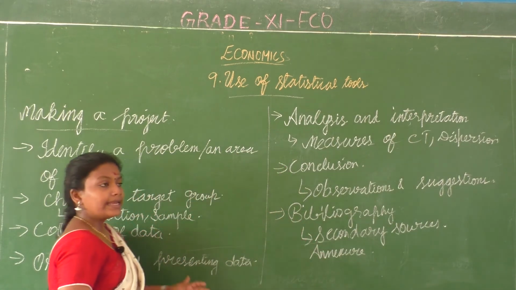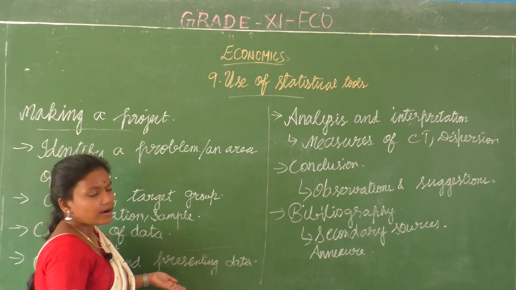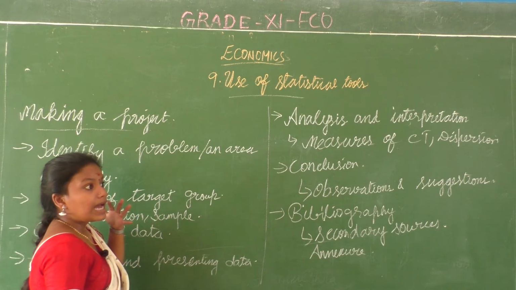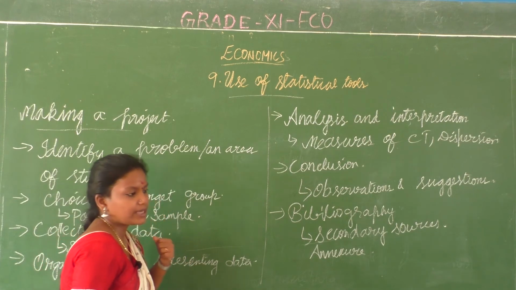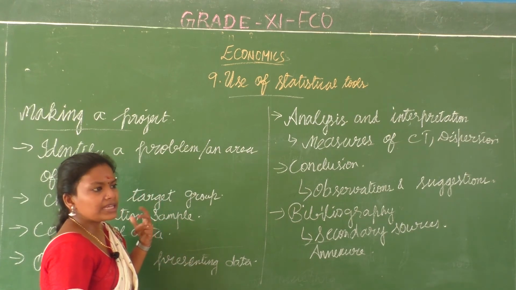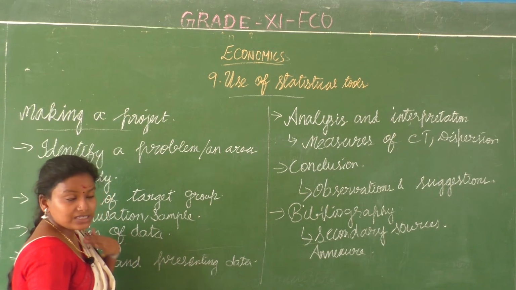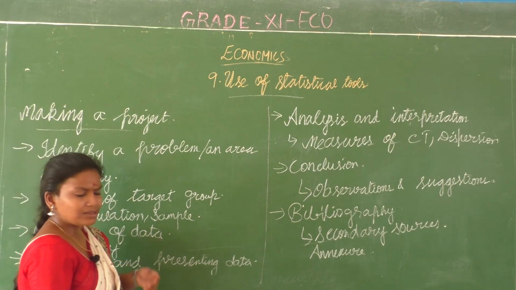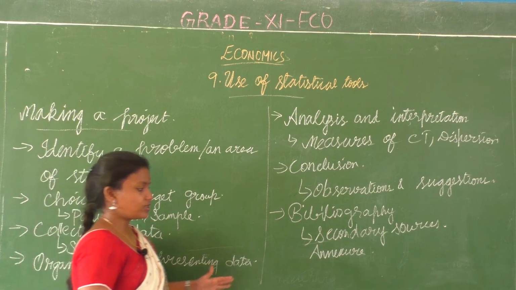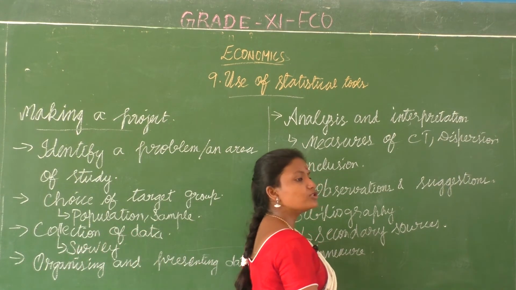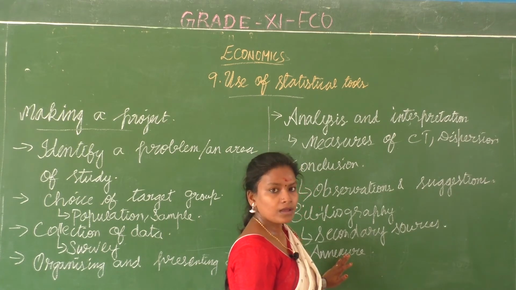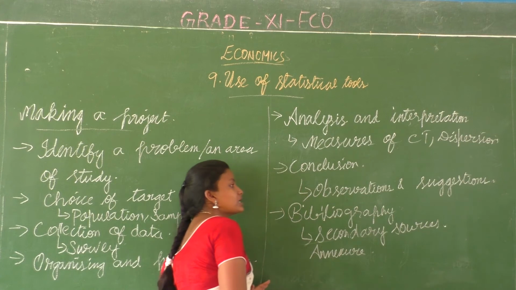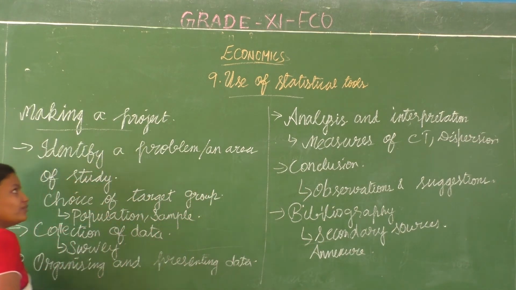Okay, and then you will have annexure. In annexure you will be having what? As I said earlier, some extra materials, a model of your questionnaire can be kept. Then you can keep any related documents, price list of a particular shop, all these things about what you are doing a project. அதுக்கு சம்பந்தமா ஏதாவது டாக்குமெண்ட்ஸ் நம்மக்கிட்ட இருந்தால் you can keep it in annexure. Clear children? These are the steps that are involved in making a project.